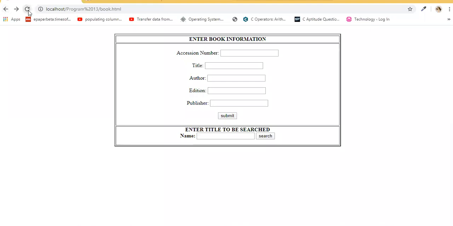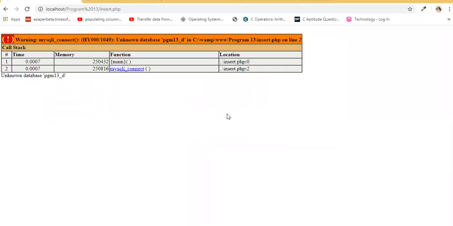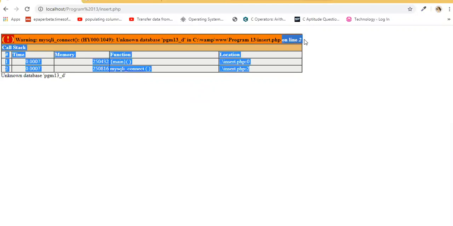We have to refresh this because we have made changes in the script. And I say submit. Now you can see we are getting an error. It is giving: unknown database program 13 underscore D. You can see here unknown database program D on line 2.